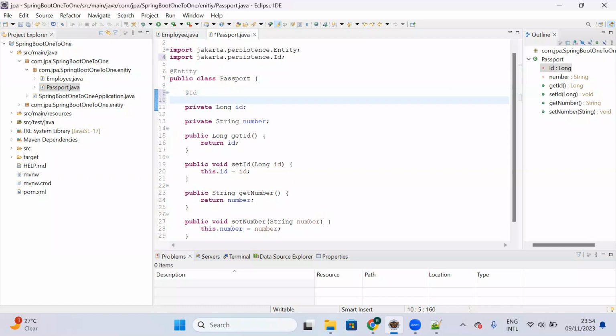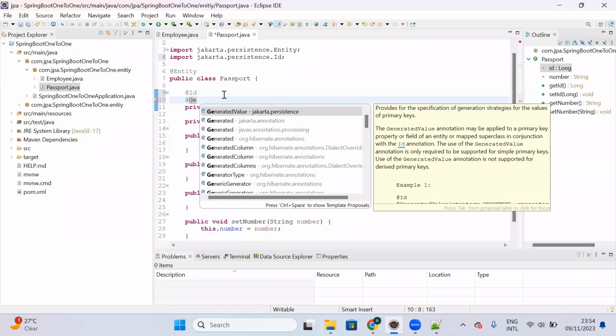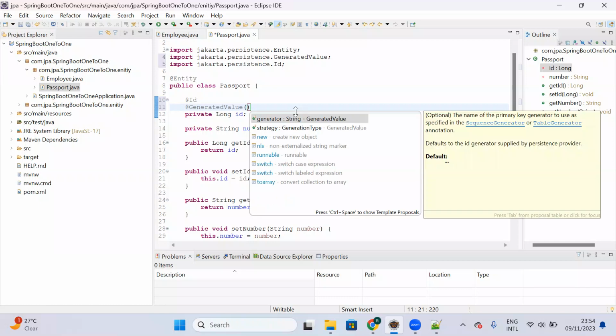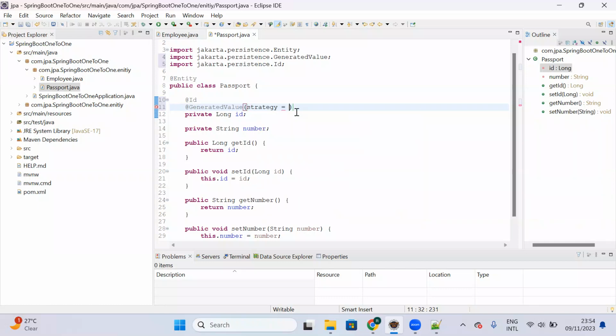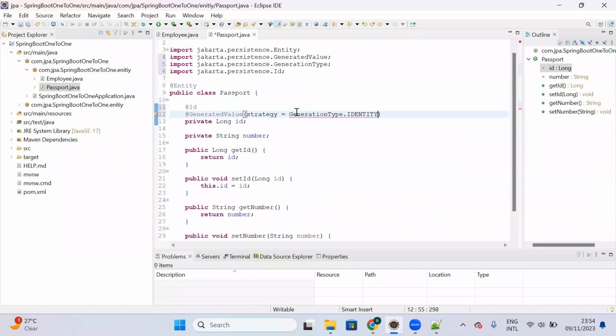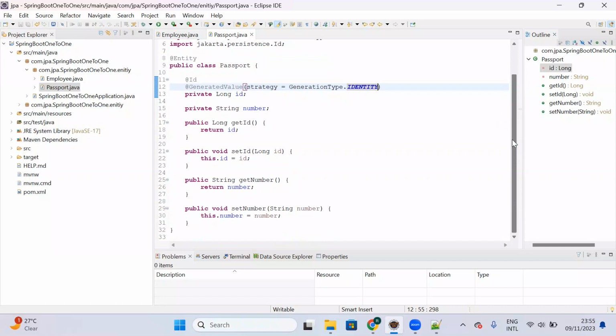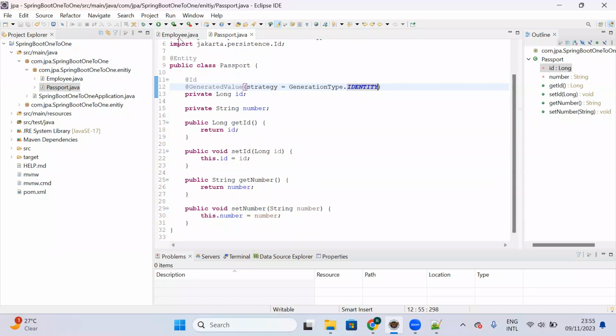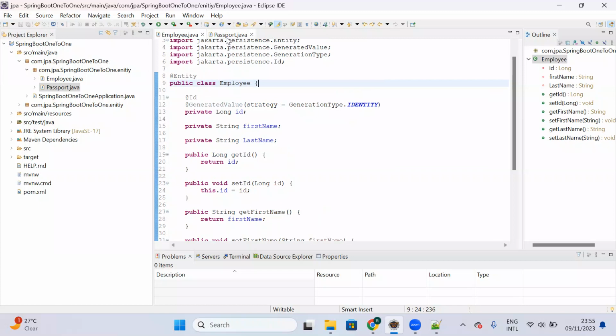and then let Hibernate or JPA create the primary key for the passport entity with @GeneratedValue. So here also I'm going to use strategy, Control Space. You can see strategy is equal to identity. So to generate primary keys I'm going to use the identity algorithm. So now we have created the employee and passport entities